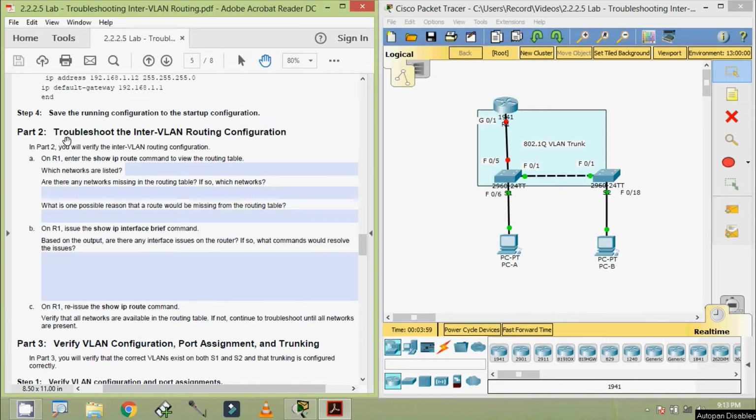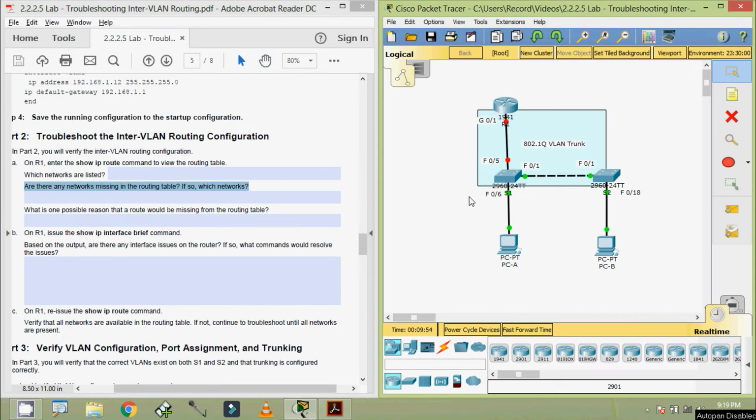Coming to part 2, troubleshoot the inter-VLAN routing configuration. In part 2, we will verify the inter-VLAN routing configuration. On R1, enter the show IP route command to view the routing table. So which networks are listed? We will verify that. Coming to the router R1,